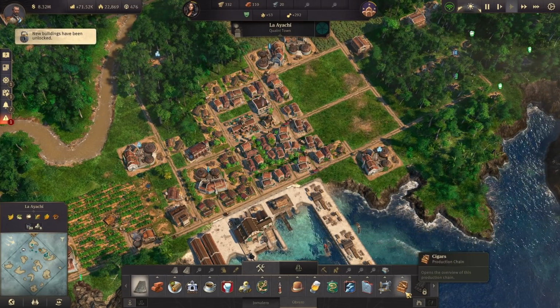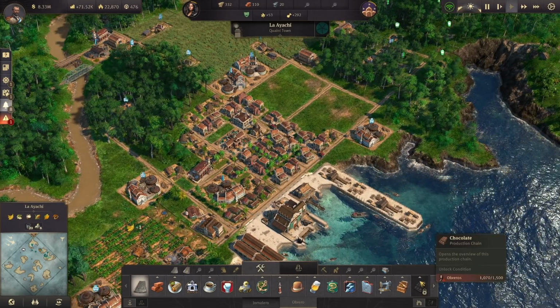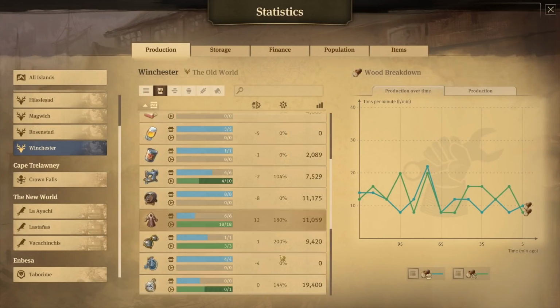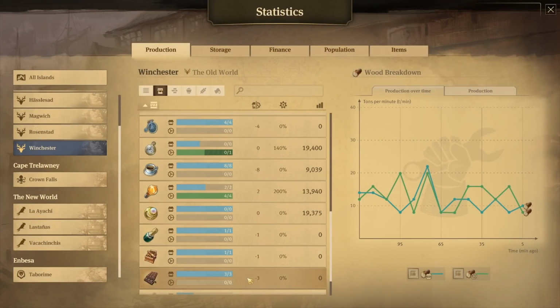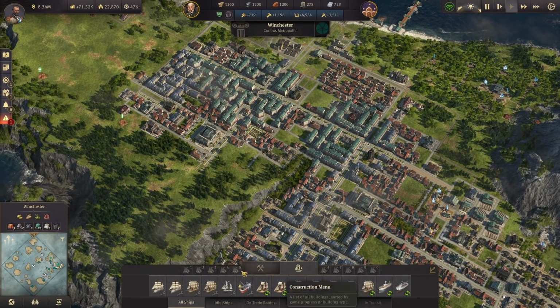Alright, so there is the cigars. Chocolate, actually, you know what? I just thought about it. The chocolate. How much chocolate do I need? Only need 3 per minute. That's actually not bad at all. What I can do is...